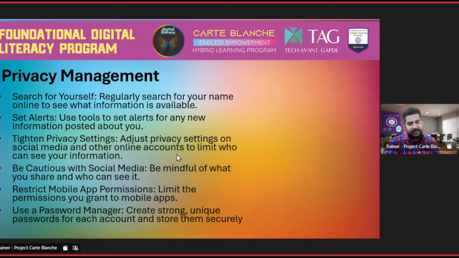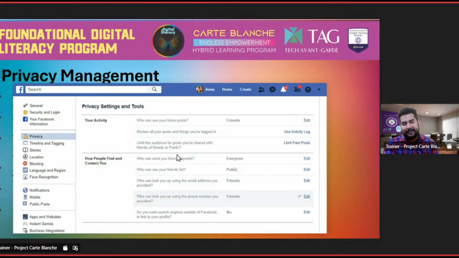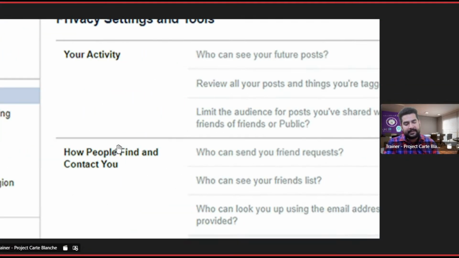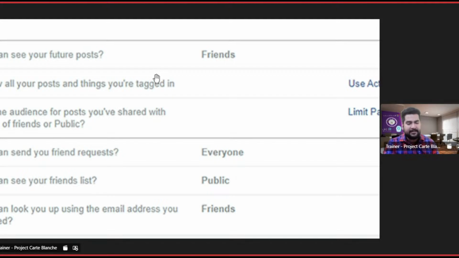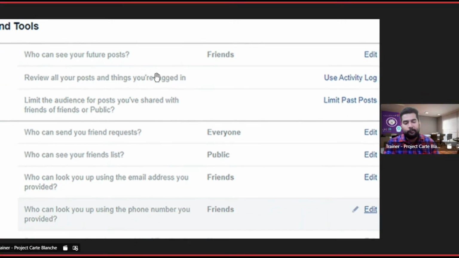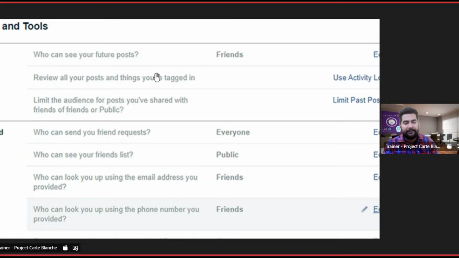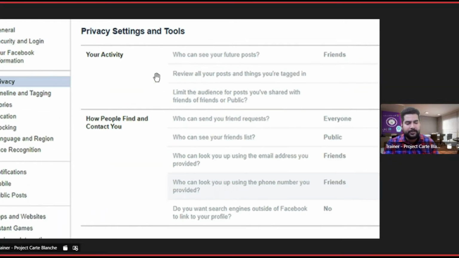Then tighten the privacy settings. Most of the students at an early age, without knowledge, open their social media profiles and don't know how to control their privacy. Every social media website has this regulation. They have settings like who can see your activity, who can see your future posts, your friends or everyone. By default, if the setting is everyone, any image you post can go to anyone, right? And sometimes it can lead to serious issues also, right? So be very clear, be very responsible when you're using it.